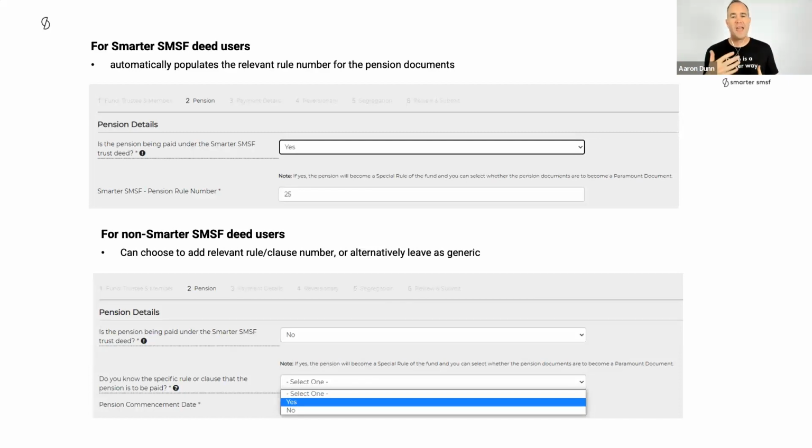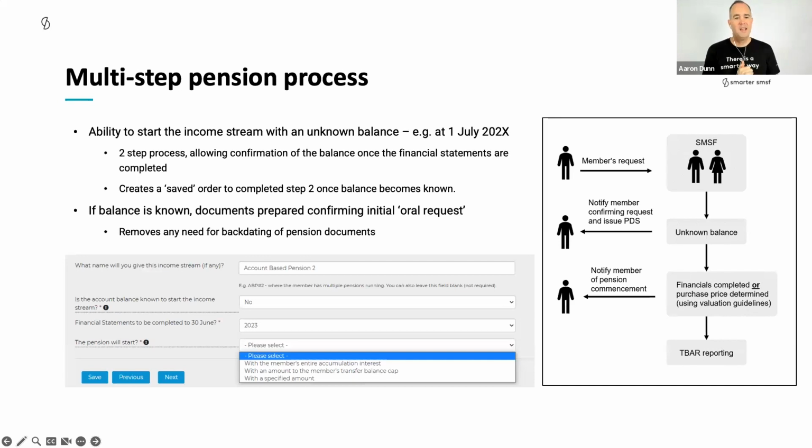and they don't necessarily have information relevant to that fund to enable the payment of the pension. So we've built some, what I call, generic clauses, but if you do have the deed information and you know the powers to pay the pension, you can then do that as well. So you've got some different mechanisms there that you can use based upon which deed you have with your self-managed super funds. So if we now move to the next one, this is the big shift that we have done